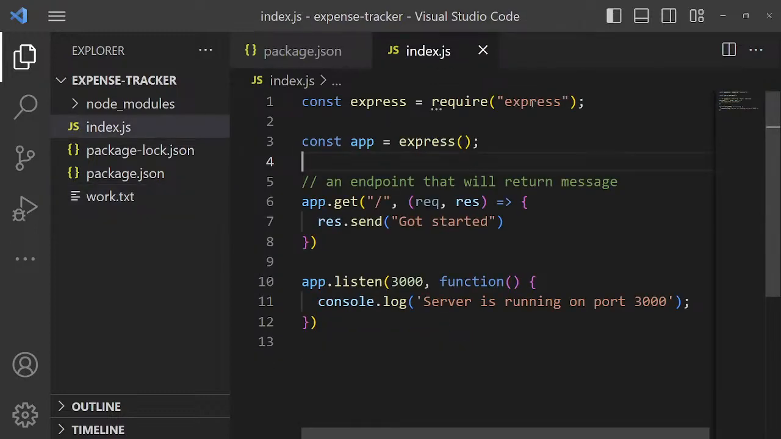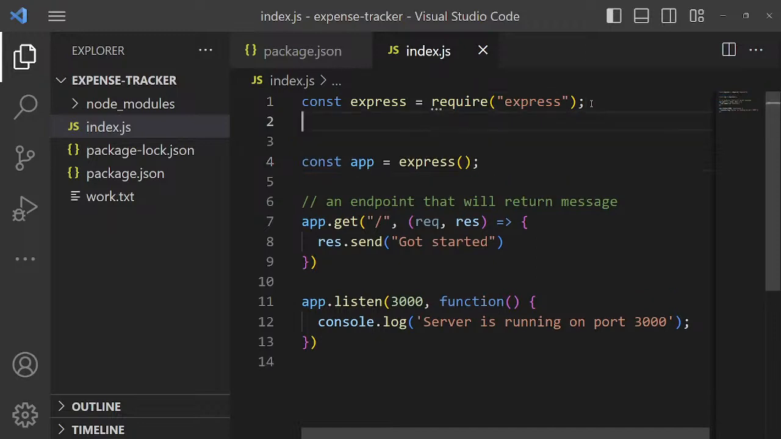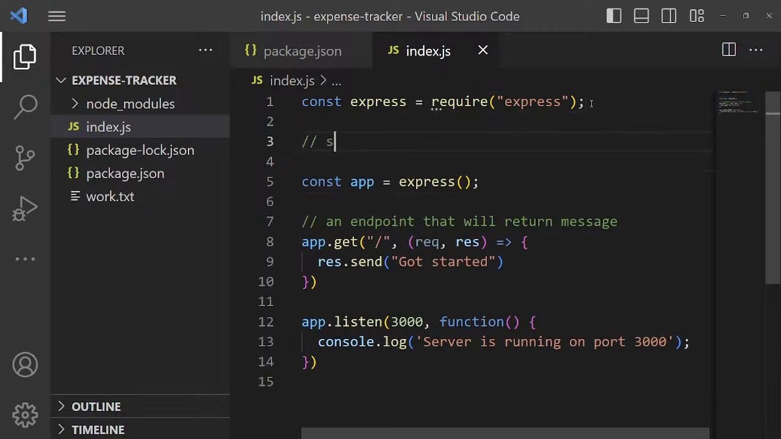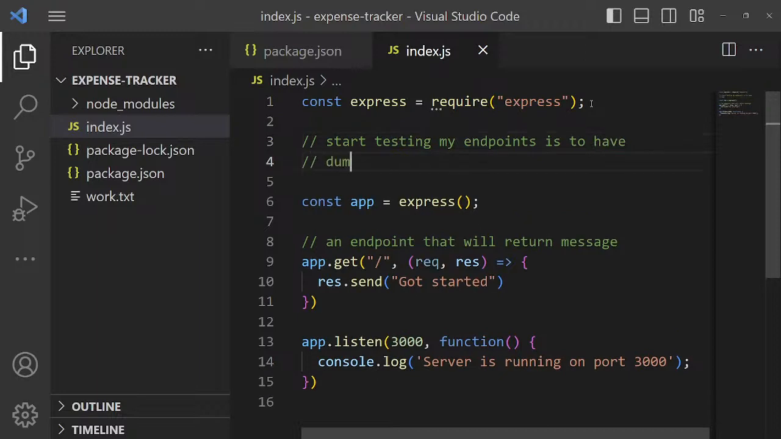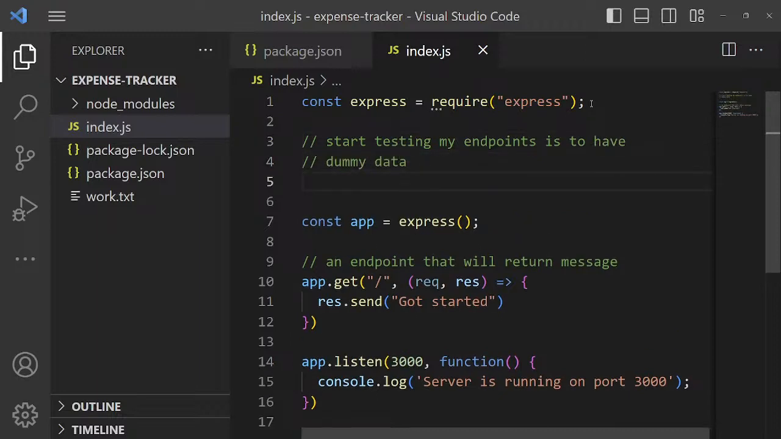So one of the things that I always want to do when I start testing my endpoints is to have what I call demo data. So what is demo data? It is the data that I require or that I expect to be in my application, even without getting started. So for my expenses, I will have it as an array